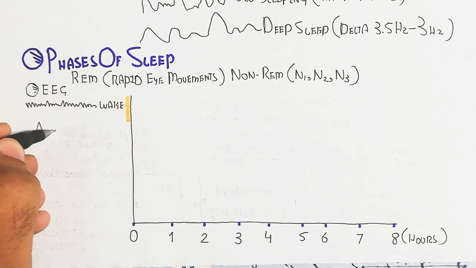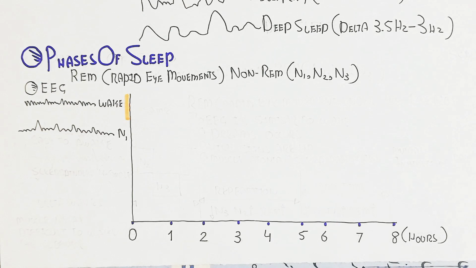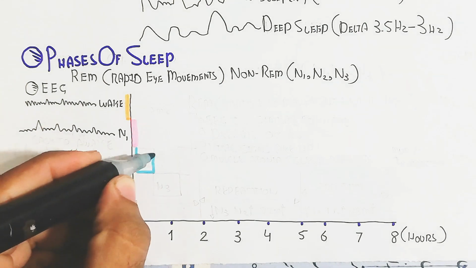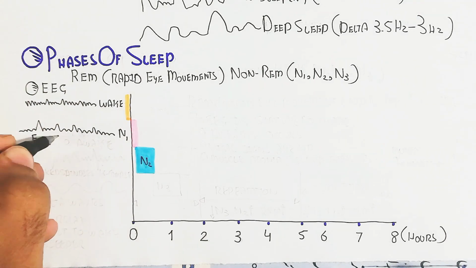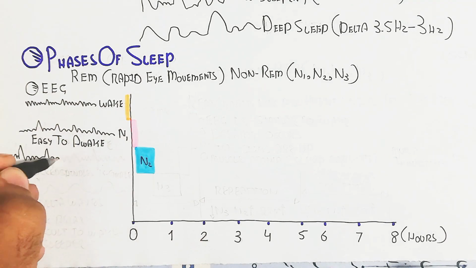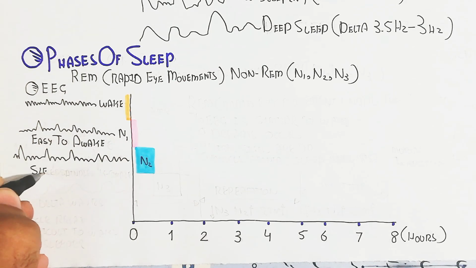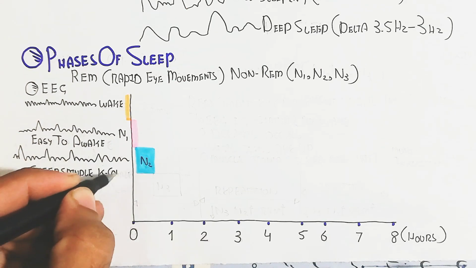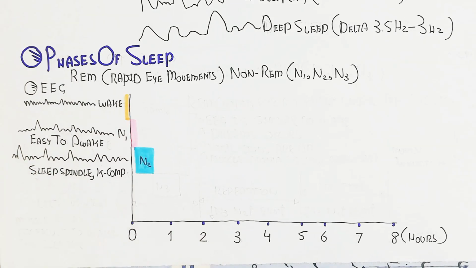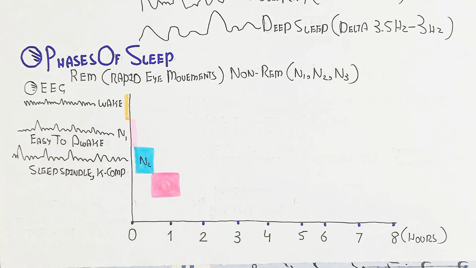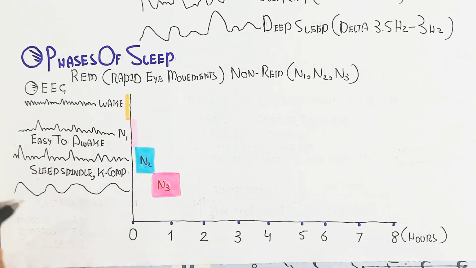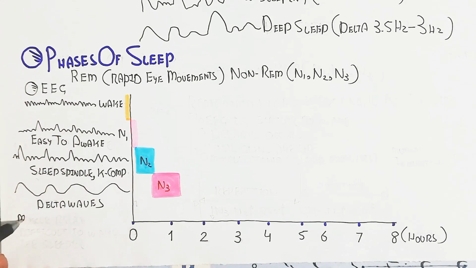In this way, wakefulness leads to these waves, and then N1 goes down as we go into deep sleep. N1 is easy to wake from because it is not deep sleep, while in the N2 phase of non-REM sleep, the spindles and K complex formation occur. Here are the sleeping waves, theta and delta waves, the muscles relax, and it is difficult to wake the sleeper.